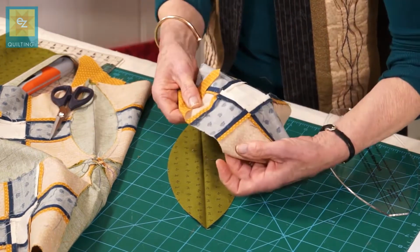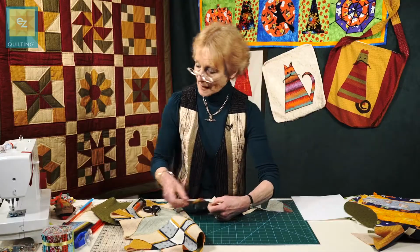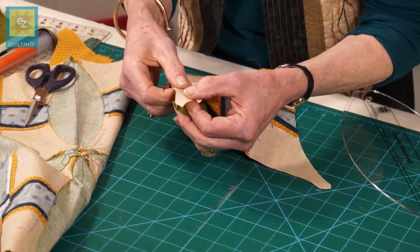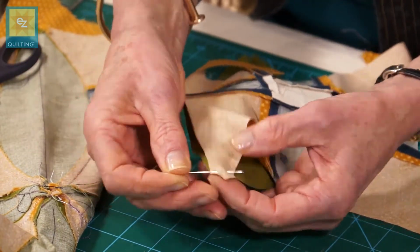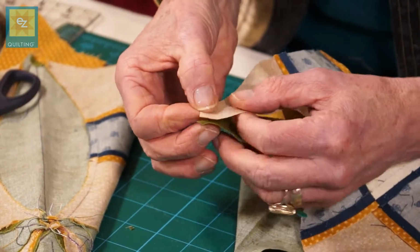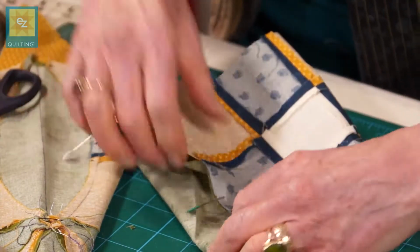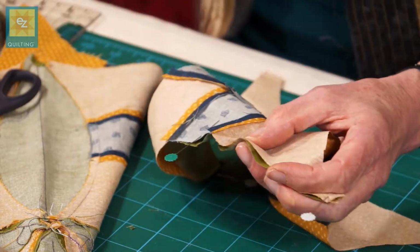Put the middle of the uneven 9 patch centre to the centre of the melon, line them up, take one of those lovely flower pins from Easy Quilting, put a flower pin in with the head sticking out on the edge, feed the fabric round and align with the edge there, pin in on the corner, again with your pins on the outside edge so you can remove them. Do the same thing at the other end, bend it round, and you're putting this square edge of the template, the inner section, to the edge like that. Put a pin in, ease the other layers round together, so just ease them in. 2 or 3 more pins will be absolutely ideal. So a pin in there